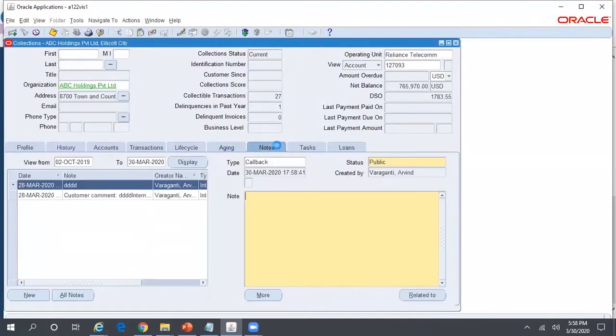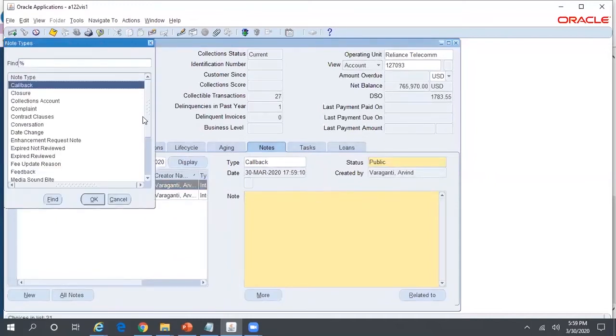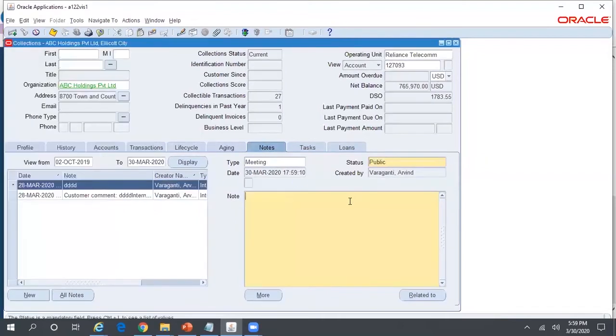Notes. So notes, this is a screen wherein you record the notes or the correspondence you had with the customer. Whenever you had some kind of interaction with the customer, you would have maybe called the customer or sent an email, and then you want to make some notes related to that correspondence, you can add this here. Just put your cursor here, and then click on plus to add a new note. And what exactly is the note type? Is it a callback, or a complaint, or whether it's a meeting with the customer. So let me check meeting with the customer.